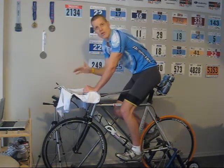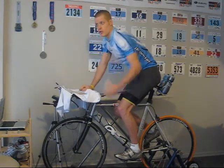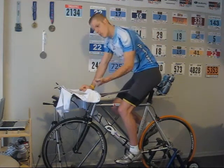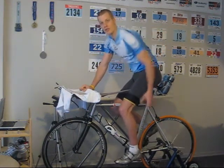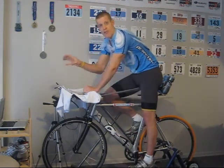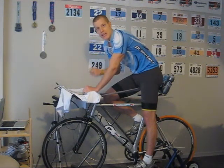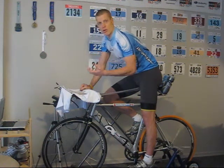So if you're mashing with your quadriceps, you're going to have a low spin scan number. And if you're using all the different muscles in your legs to pull the pedals up and kick them up over the top all the way around, you're using your hamstrings and your hip flexors and your calf muscles, then you're going to have a higher spin scan number. And there's also a graphical representation. So it actually gives you feedback on how well you're pedaling, which is an excellent tool for improving your limiters